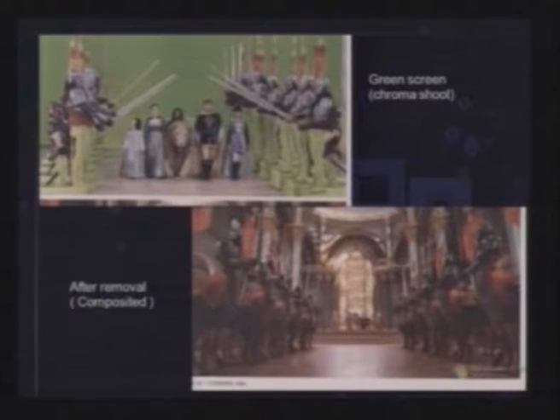Okay. And for example, you can see in that image which I am going to show you, there is a particular scene from a very famous movie, Chronicles of Narnia. You can see this scene where all the characters are wearing green colored pants and there is a green colored background. In the next image, the final image from the movie, you can see that the green pants or green costumes which the characters were wearing have been removed and replaced by a horse's body. Now these kinds of characters are known as centaurs. Centaurs are those characters which have half a human and half an animal's body.